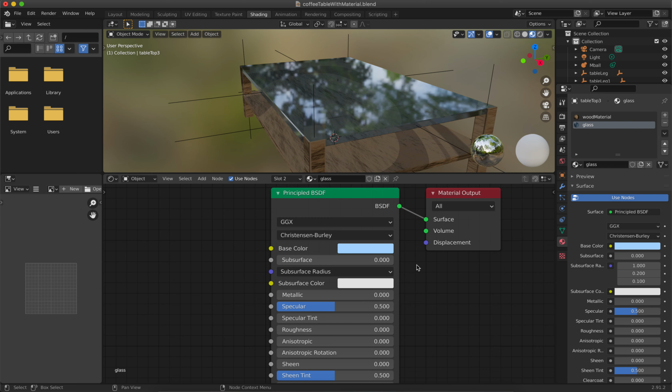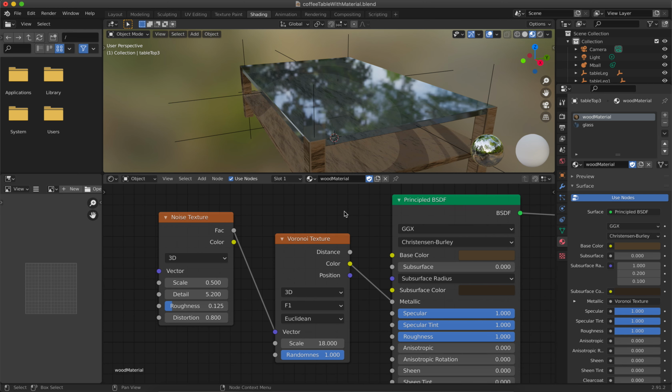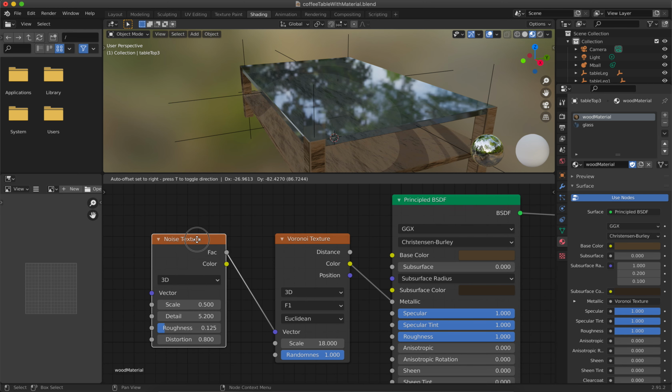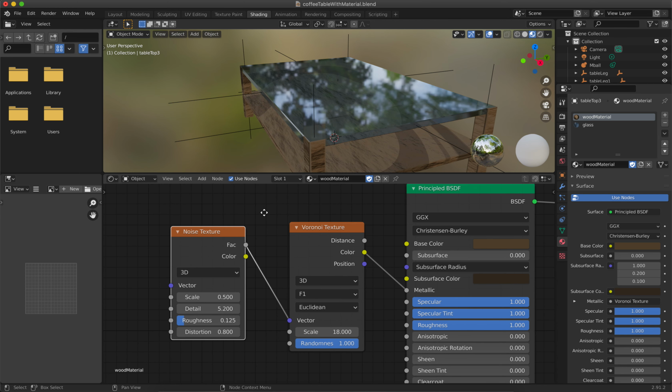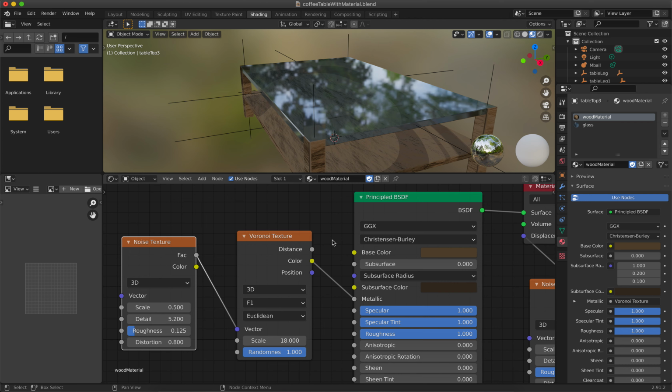Now while I'm at it, I want to point out, when I'm looking at this wood material, I'm seeing that the nodes that they have chosen, and this is a good solution, they've decided to use the generator of noise and Voronoi and have pumped this generated texture into the metallic channel. Now this might not be the solution that I would go for because